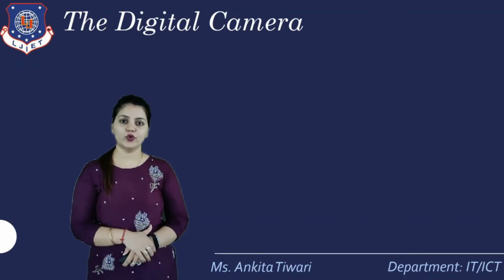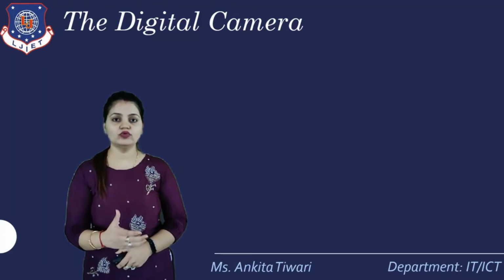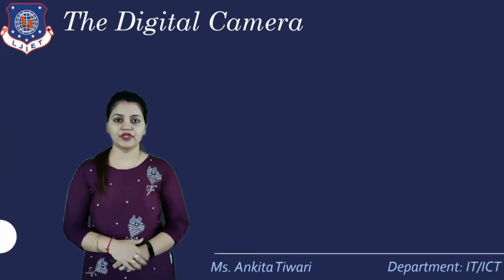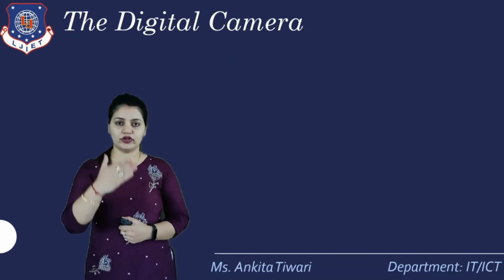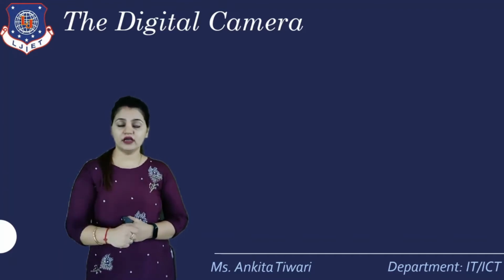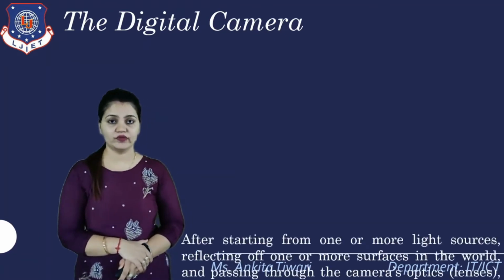We have already studied in the last lecture what a camera is and how the image is captured in the camera. We have seen the concept of the thin film and the object, where we were keeping an obstruction in between the object and the film, so that we will get a clear image of the object. So now we are going to study what a digital camera is and how it works.